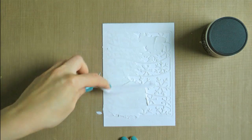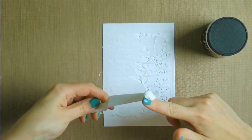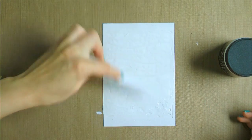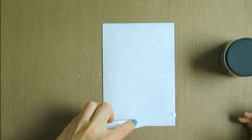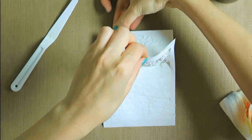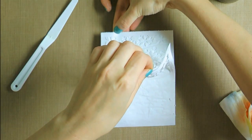And by the way, don't throw that stencil away after you're done. You can still use it, maybe to make another background like this, or maybe on its own as a fun die cut piece covered in embossing paste. Lots of options here which minimize the waste. After my background is completely covered with embossing paste, I'm going to carefully peel off my fake stencil and add